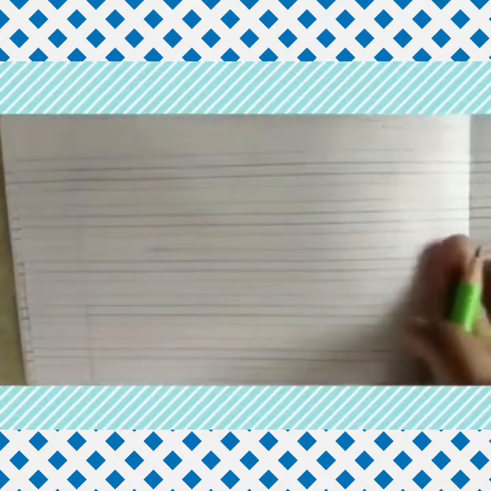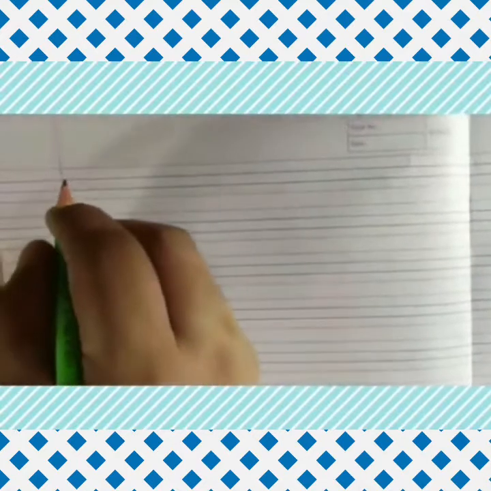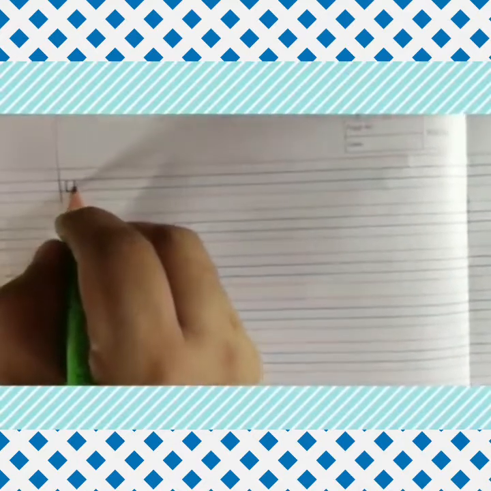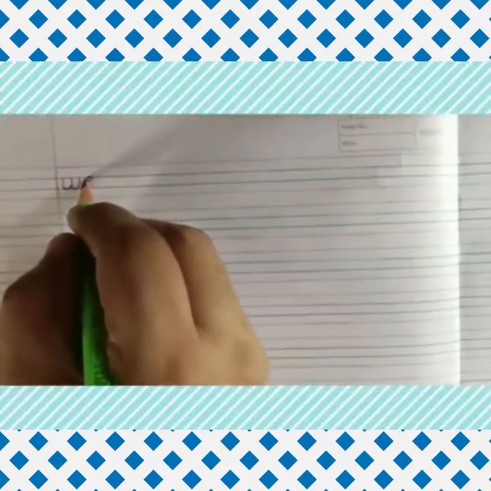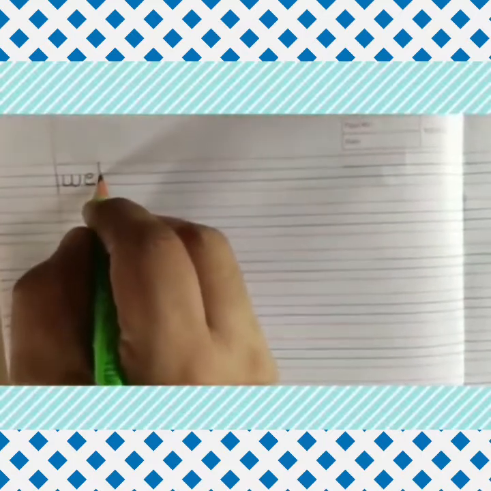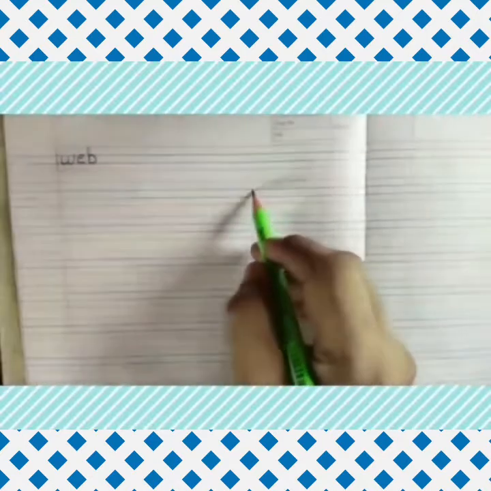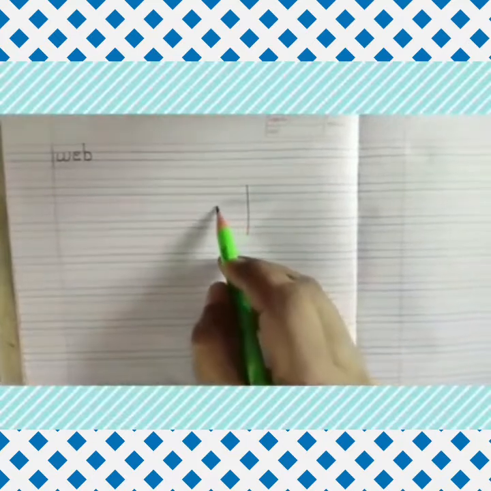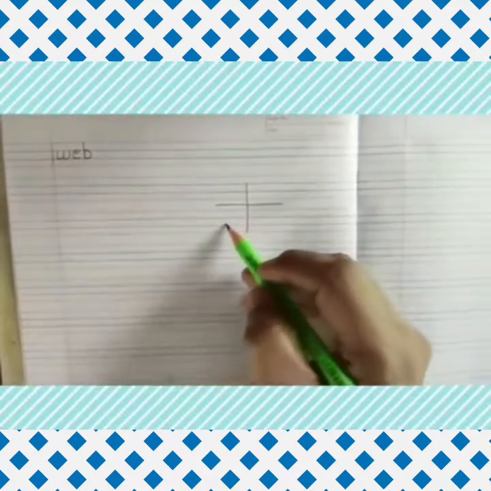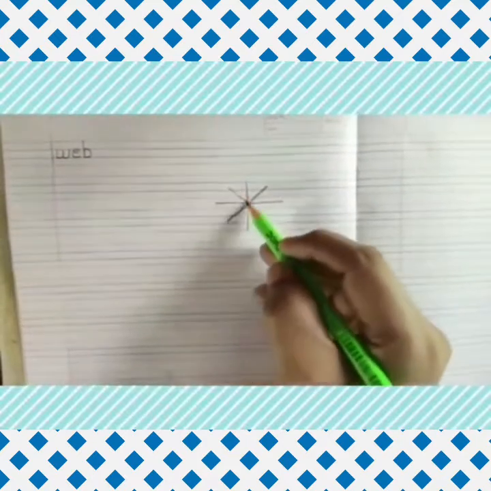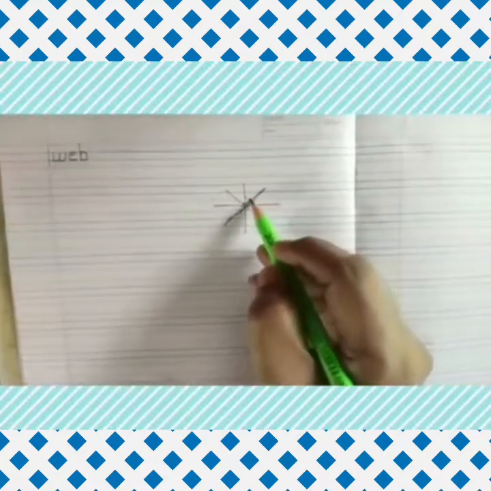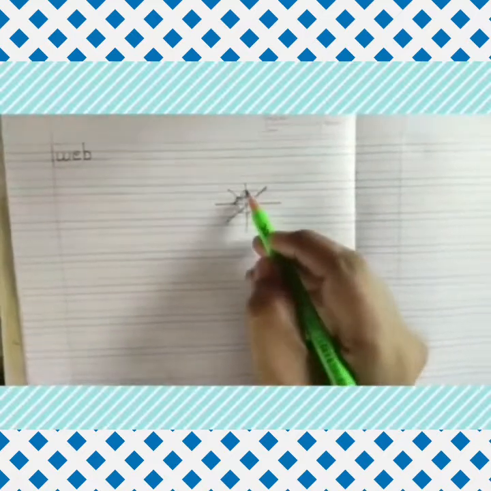Now on the next page, we will write spelling of a web. What is spelling of web? W-E-B. Web. And we have to write 5 times. Now we will draw a picture of a web. Make 1 standing line, sleeping line, slanting line, opposite slanting line, and join all this with curves.